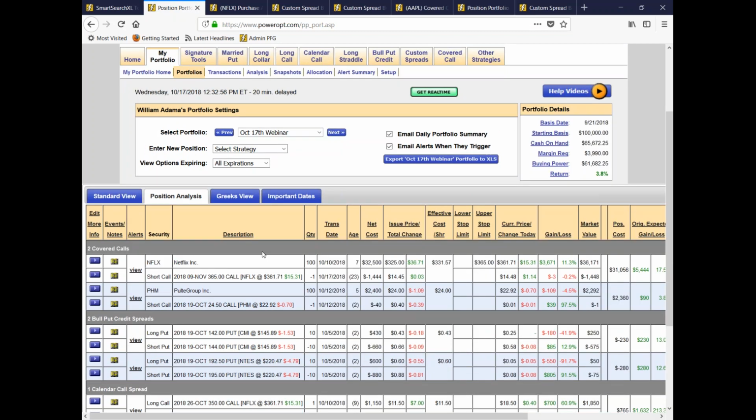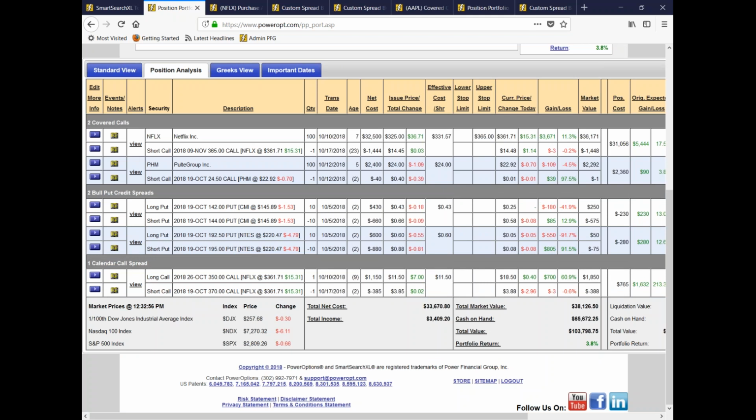I don't have a long call anymore. What happened? I do have a calendar spread. This helps with the view. So if you have multiple strategies, you can quickly look at your covered calls, your bull put credit spreads, and your calendars as well. Now another feature that's available is that you probably track multiple positions that have multiple expiration